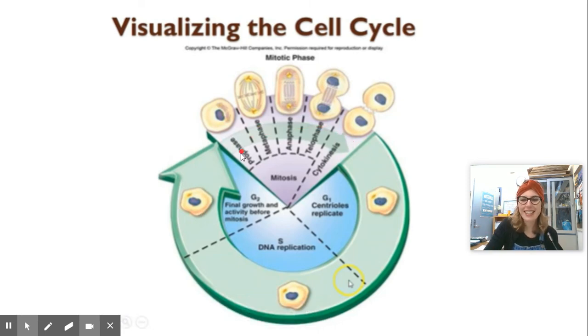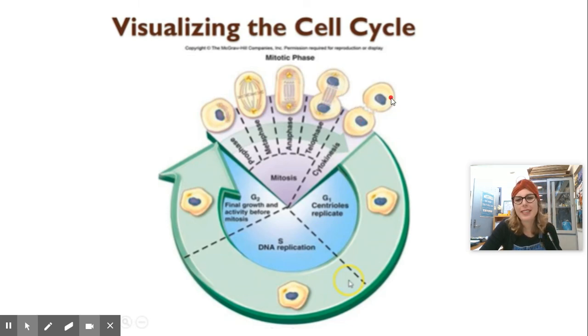which we have 5 phases. Prophase, which we can see the chromosomes condensing. Metaphase, where we can see the chromosomes lining up in the middle of the cell. Anaphase, where the chromatids, the sister chromatids, are going to start to be pulled to the opposite sides of the cell. Telophase, where we start to see the new nuclei forming in each of these cells. But we still don't have a full division yet, but we do see the cleavage furrow.